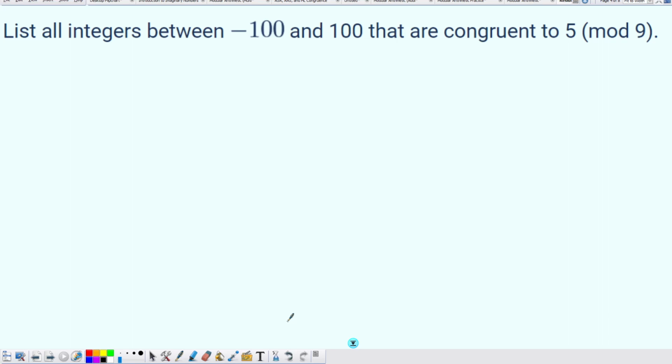And in terms of the division algorithm, which was A is equal to M times N plus the remainder R. But in our case, we want to find all the values of A that are equal to 9 times some integer n, plus the residue, which we know is 5,